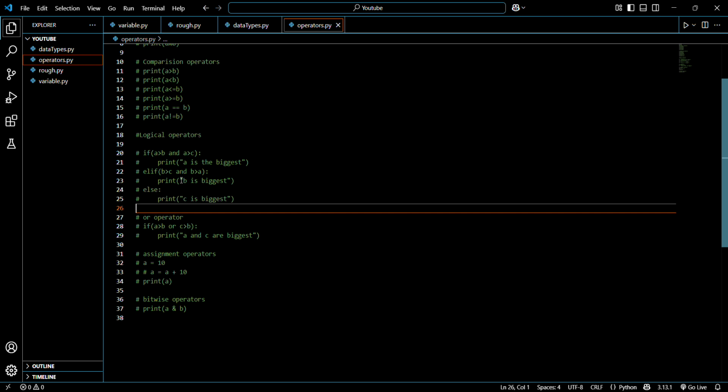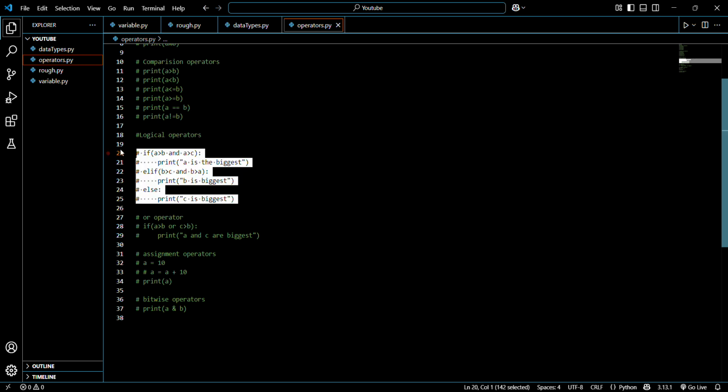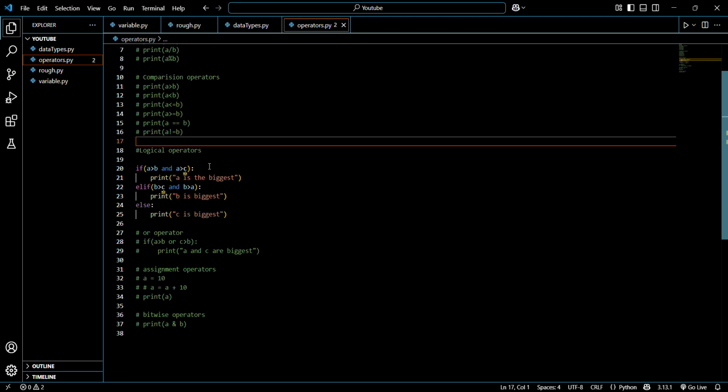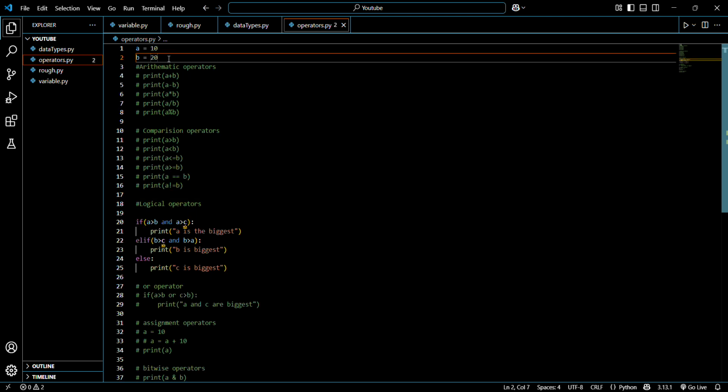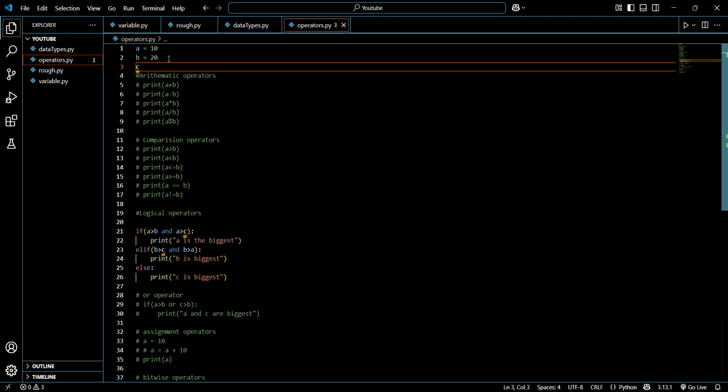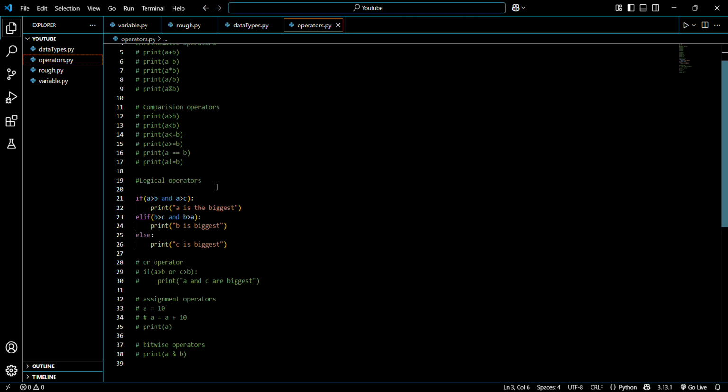Okay. So let's remove the comment and show you. We don't have a C value here. I had a C value before I removed it. So let's say C equal to 5. Okay. So if we run this program,